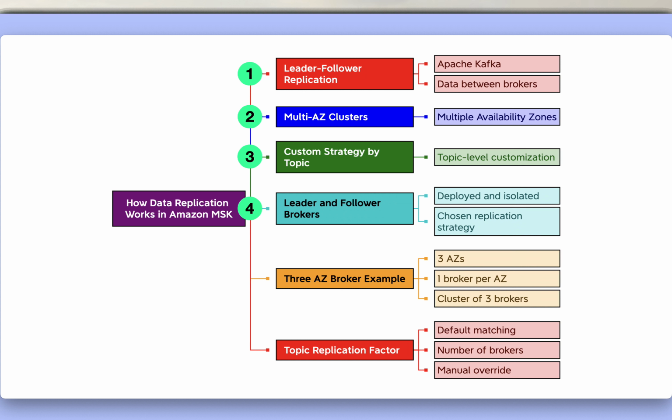4. Leader and follower brokers. Both leader and follower brokers get deployed and isolated based on the chosen replication strategy. 5. 3-AZ broker example. For instance, with a 3-AZ broker replication strategy and 1 broker per AZ, a cluster of 3 brokers will be created. 6. Topic replication factor. By default, the topic replication factor matches the number of brokers in the cluster, unless manually